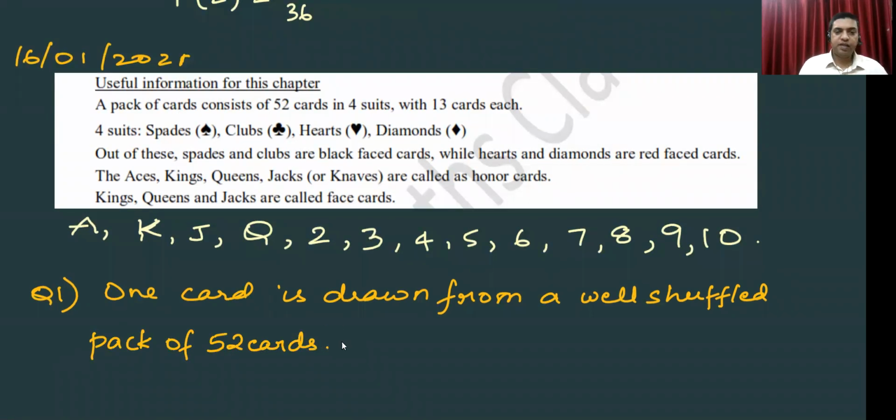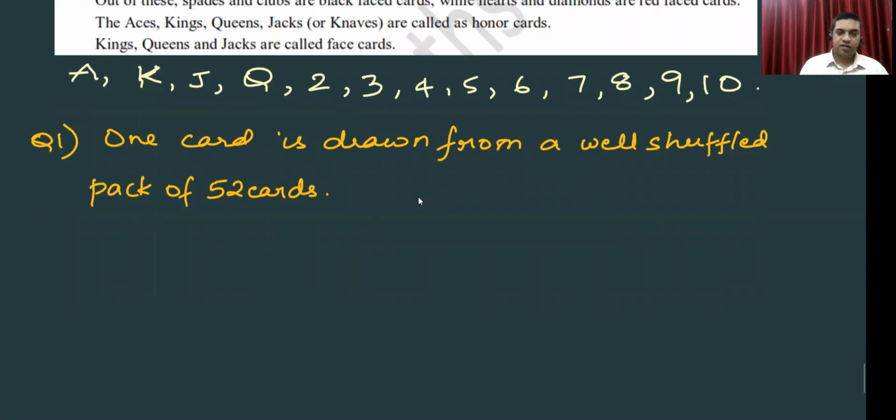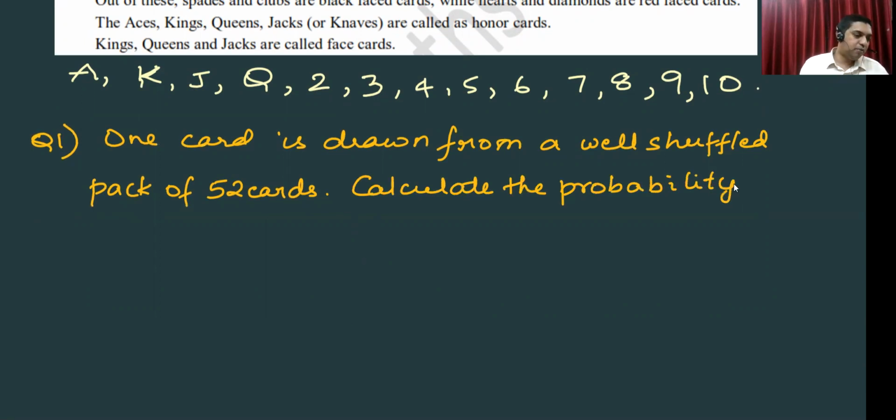Each outcome is equally likely. Calculate the probability that the card will be: A, a diamond;